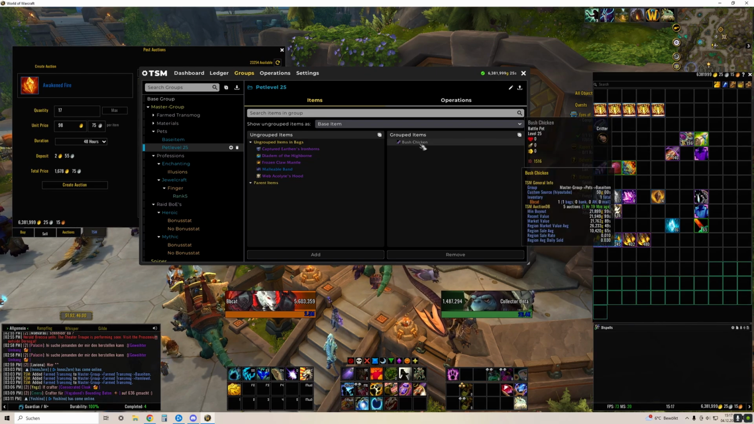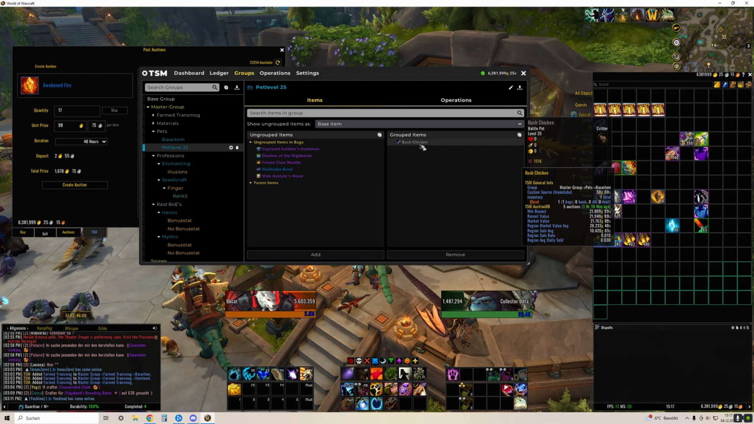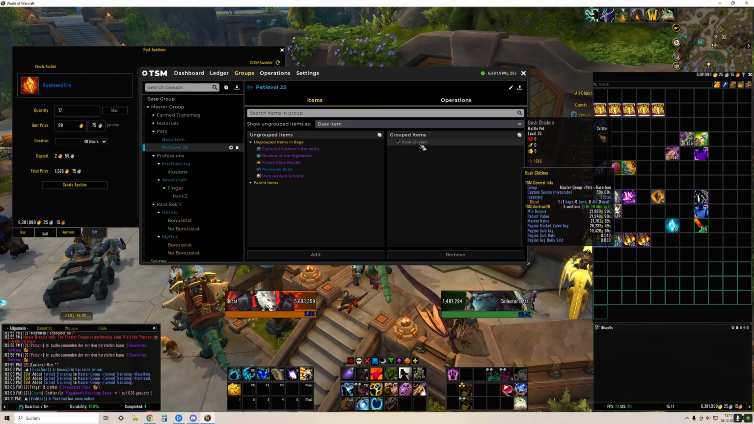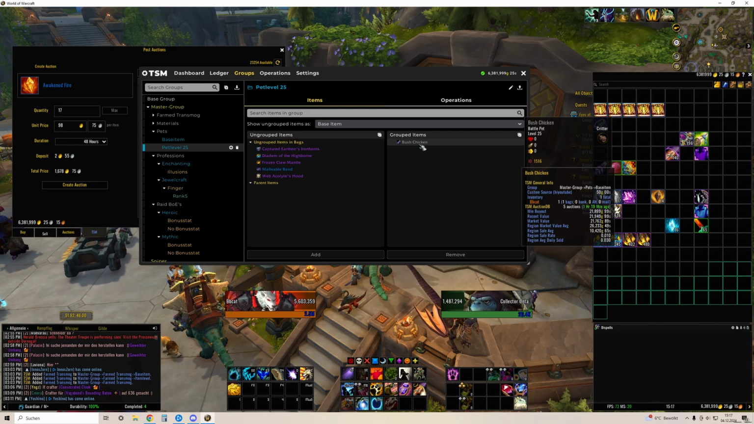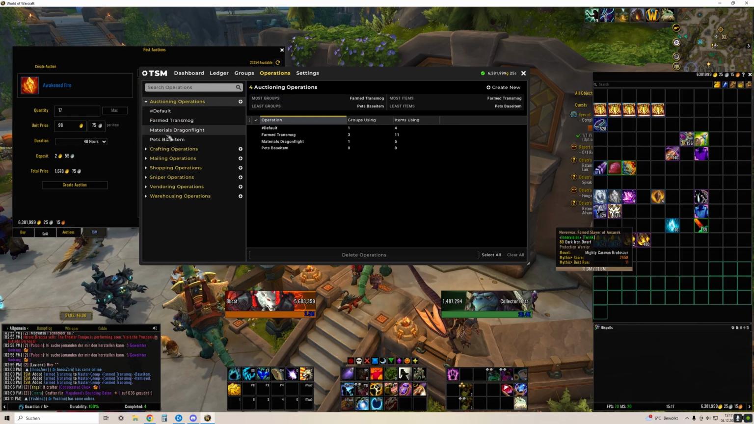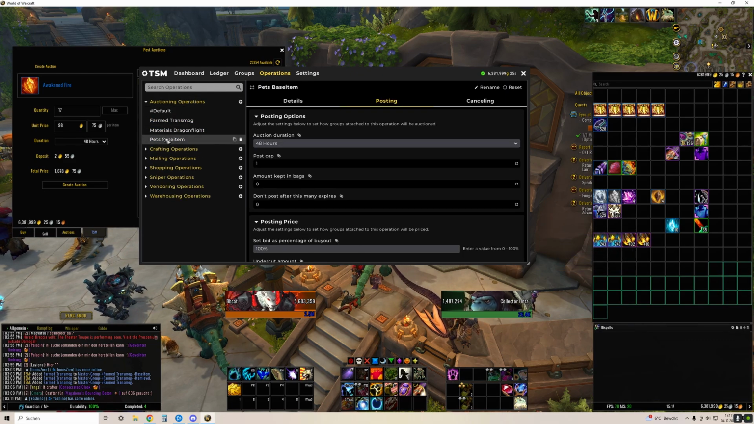And since the pets don't have separate market values, so the level 1 pet has the same values as the level 25 one, we would have to adjust some higher set prices to the level 25 group instead of the base item group, okay? So we go back to the operation tab, auctioning operation, and here we have the pets base item auctioning